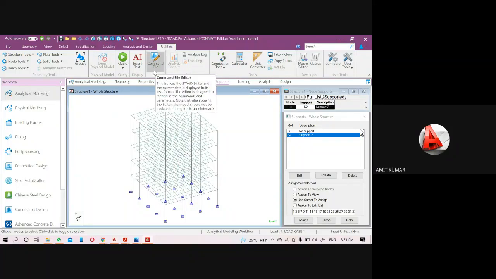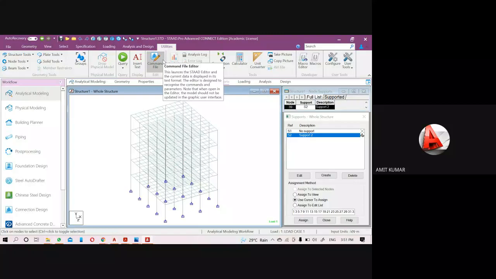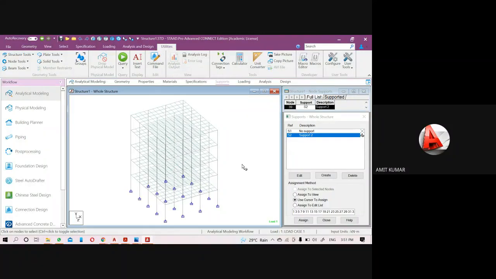Through the command input file, we can even create the structure also. Like if you want to insert any node and create any beam, you can do it through the command file also. So the command file is a very important thing. I will explain a few methods, like creating a spherical, or a few staircases like a single flight stair or spiral stairs, which can be done through the command file also.